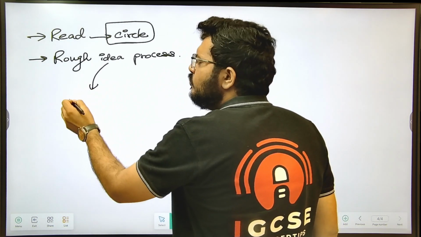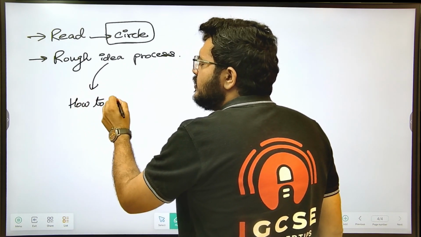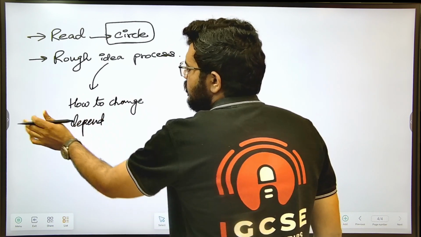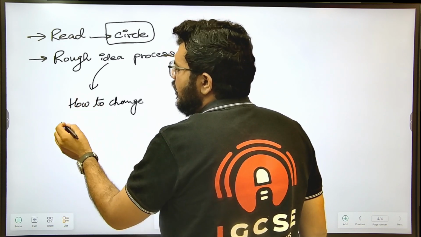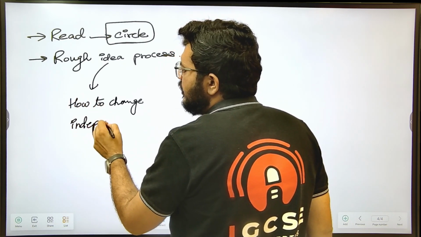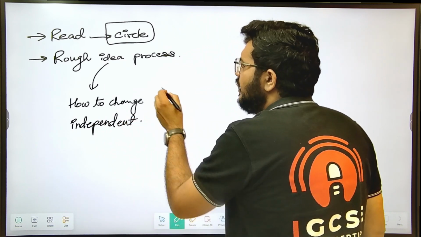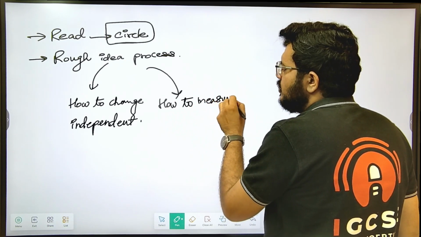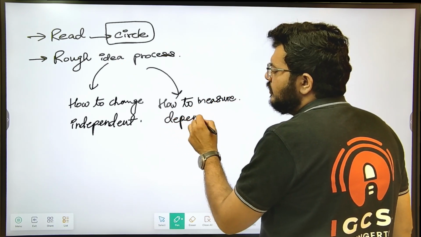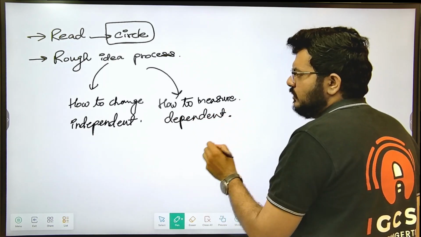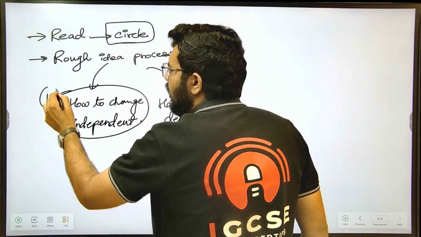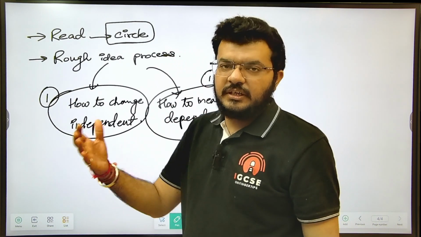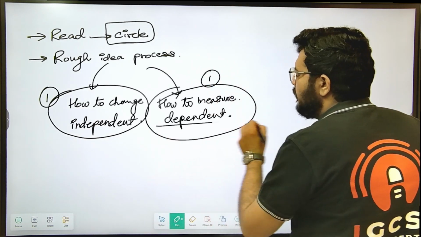Here you will find how to change the independent variable and how to measure the dependent variable. Sorry, you cannot change the dependent variable. Because this carries 1 mark, how to change, and this will also carry 1 mark, how you measure this accurately. When we are talking about measurement,